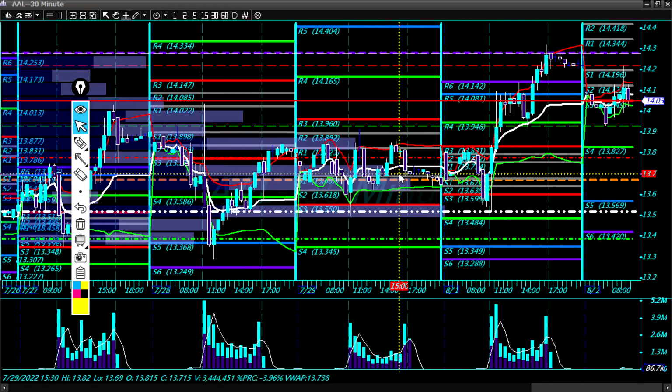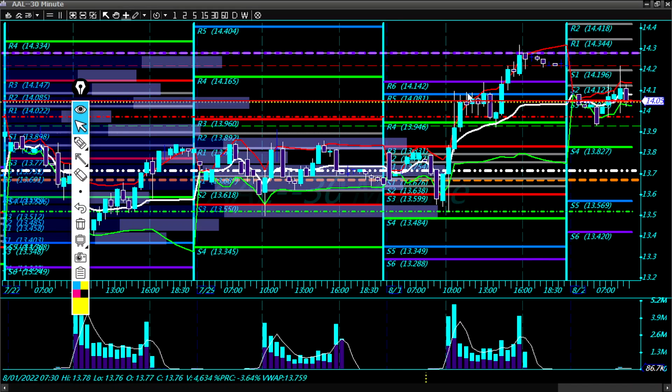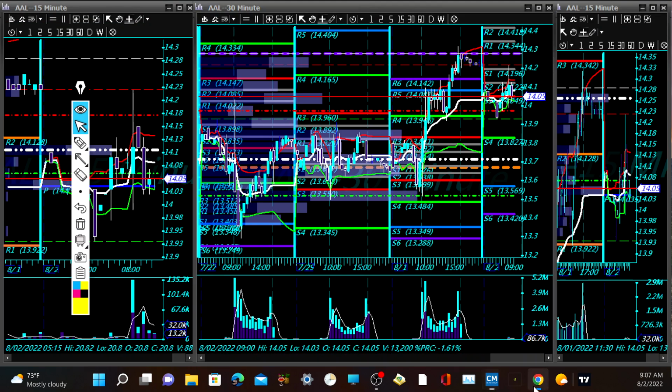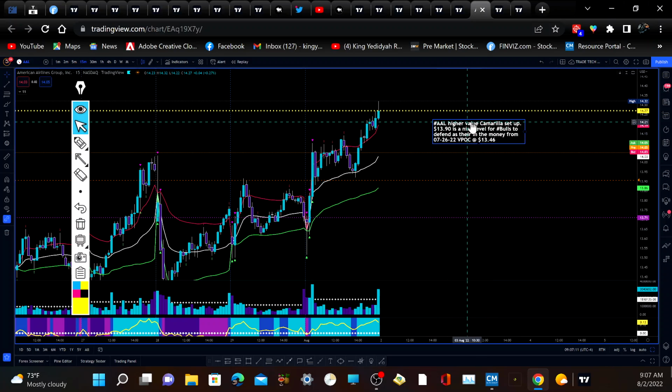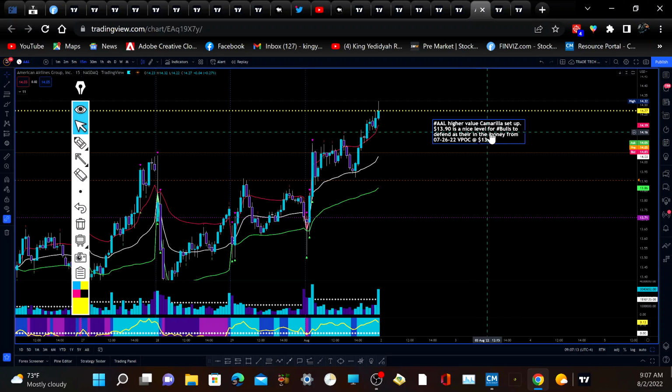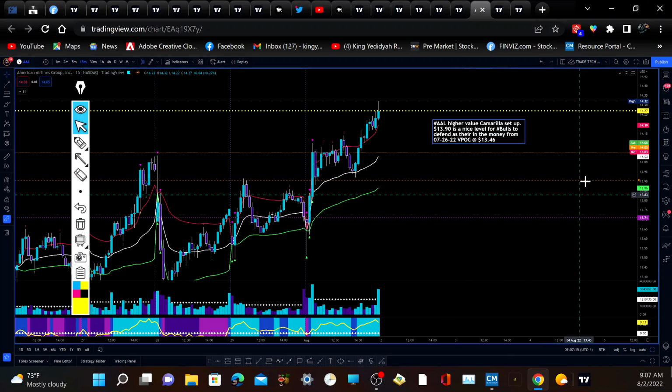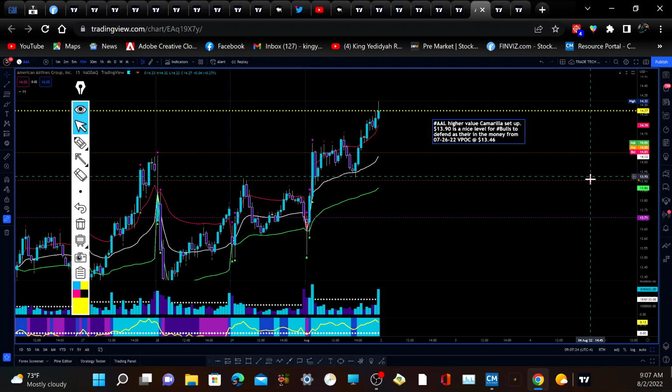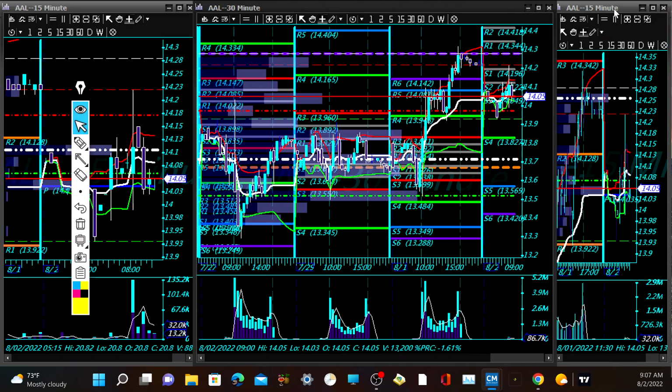Let's see where we would try and enter. Well, I actually said that from the notes. Let's go back there. So 1390 is a nice level for the bulls to defend. So I have another alert here at 1391 for some support. If it opens and we pull back to that level and we get some support, that's a nice level to go long from, right?